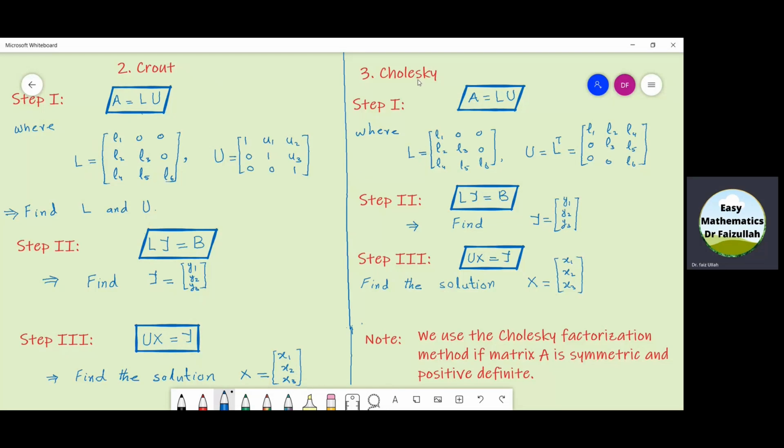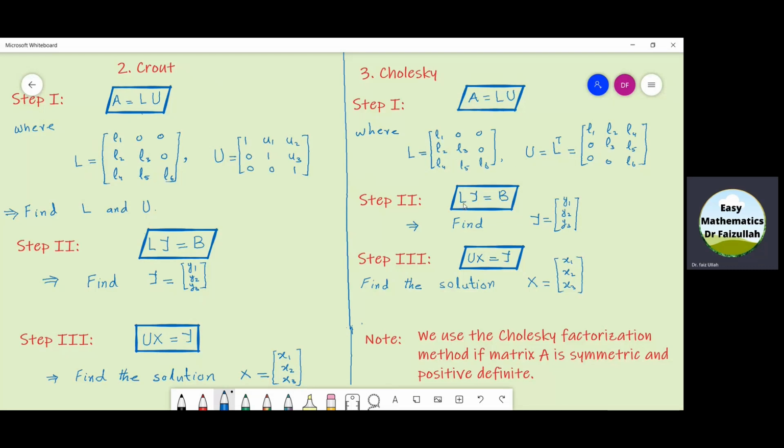The last method, which is called the Cholesky decomposition or factorization method, we do the same procedure. We write A is equal to LU. But in this case, L is a lower triangular matrix given by this one, and U is the transpose of this lower triangular matrix. So the upper triangular matrix U is equal to L transpose. From this step, we can find the value of L and U, and in a similar procedure, we go to